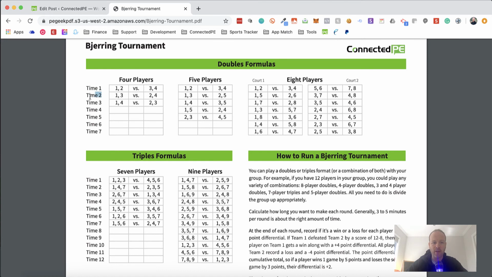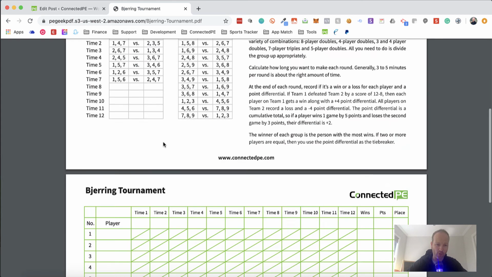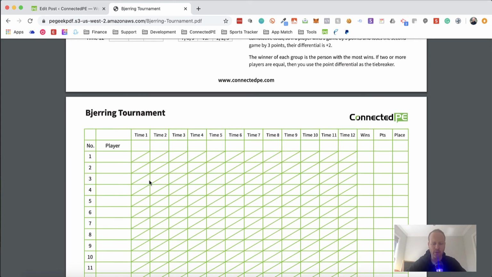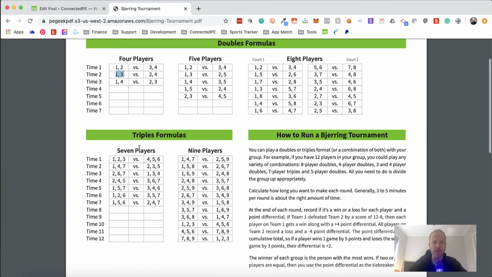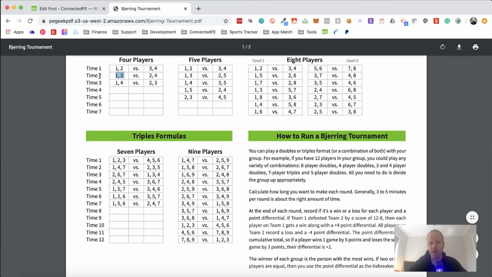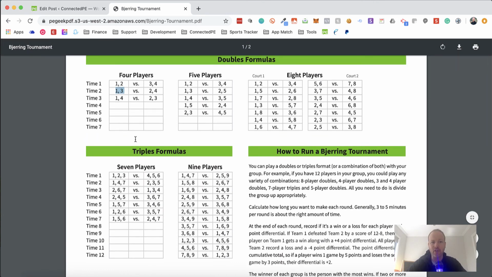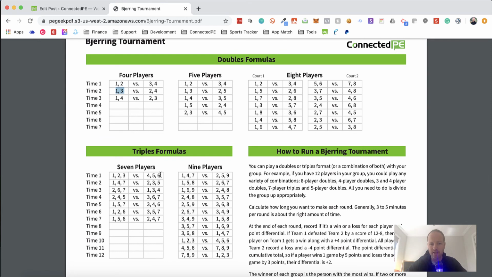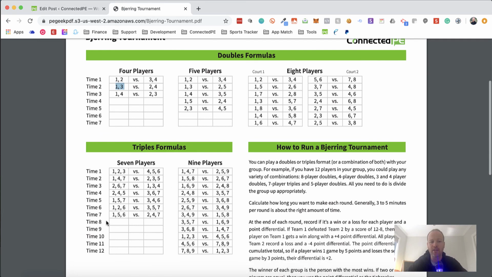So for round 2, you go into the following structure of, first player versus the third player and second player versus the fourth, and so on and so forth. And then at the end of the given period of time, and obviously in a 4-player arrangement, everyone plays each other after 3 rounds. But in like a 7-player arrangement, it takes 7 rounds for everyone to have played with